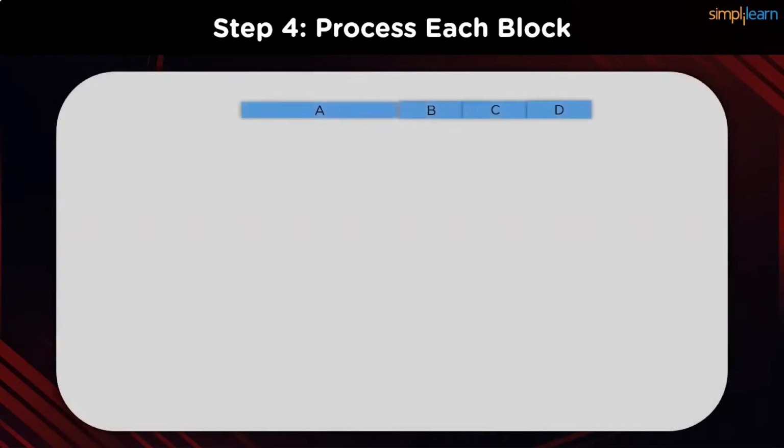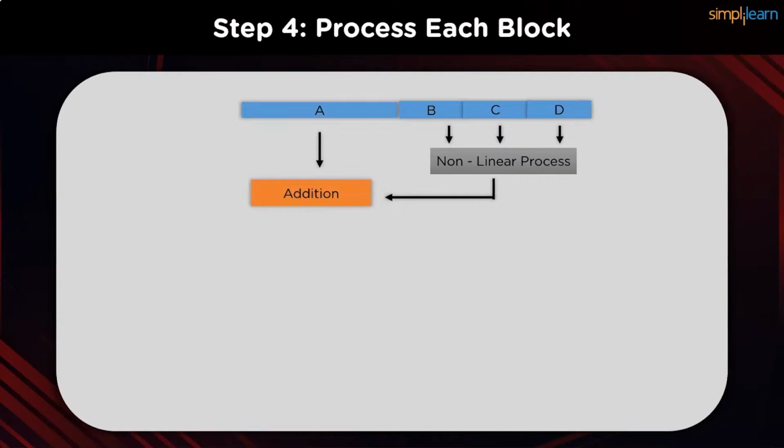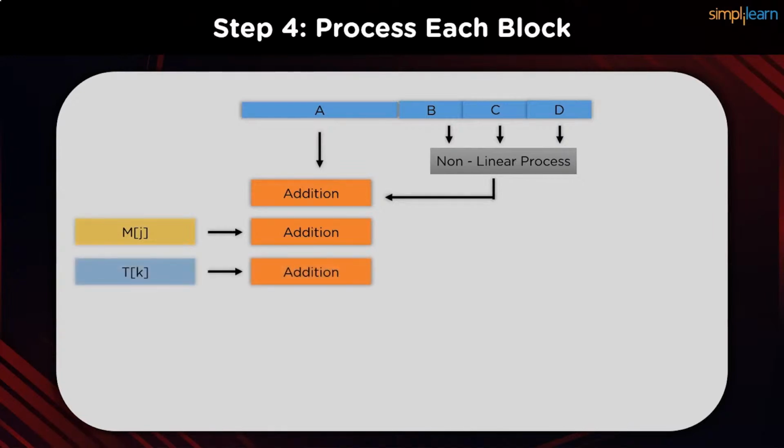Coming to the actual round of operation, we see our 4 buffers, which already have pre-initialized values for the first iteration. At the very beginning, the values of buffers B, C, and D are passed on to a non-linear function. The formula behind this function changes by the particular round being worked on, as we shall see later in this video. Once the output is calculated, it is added to the raw value stored in buffer A. The output of this addition is added to the particular 32-bit subblock using which we are running the 4 operations. The output of this then needs to be added to a constant value derived from the constant array K. Since we have 64 different elements in the array,